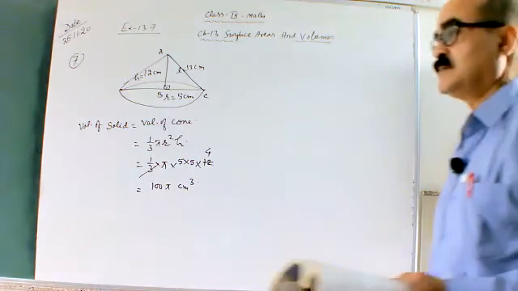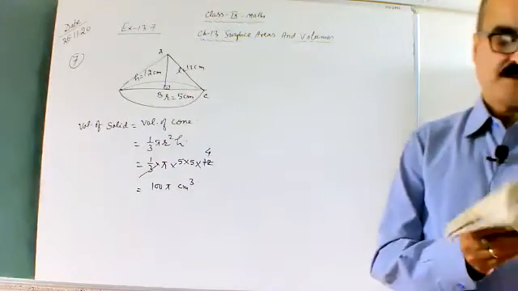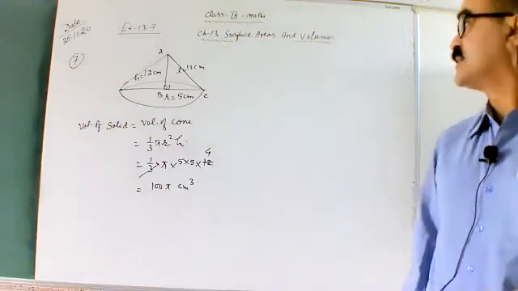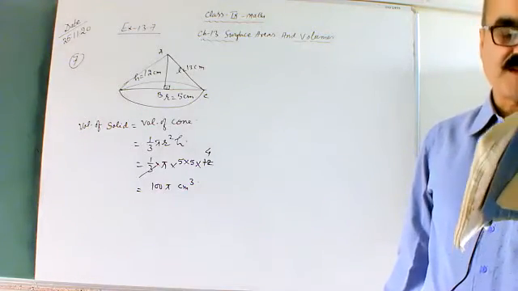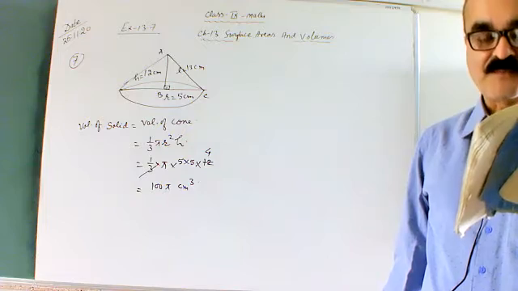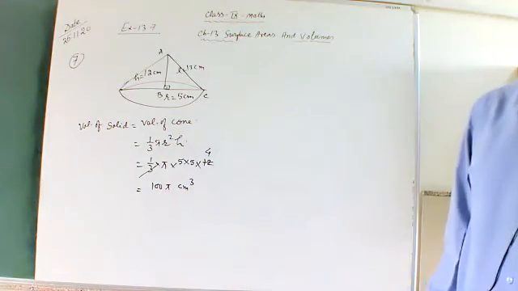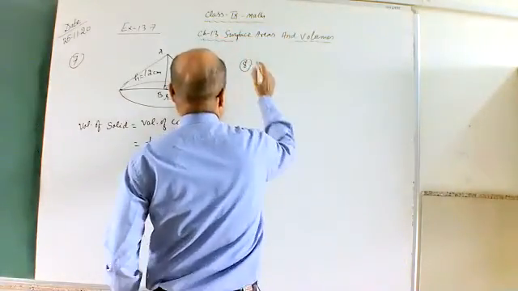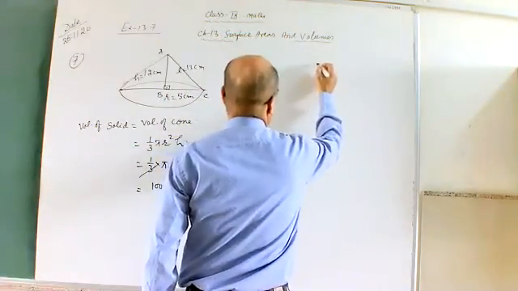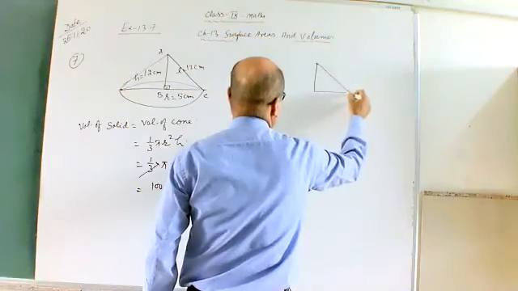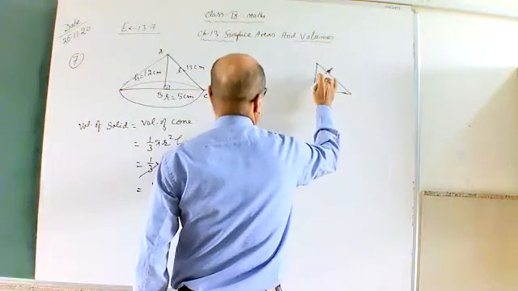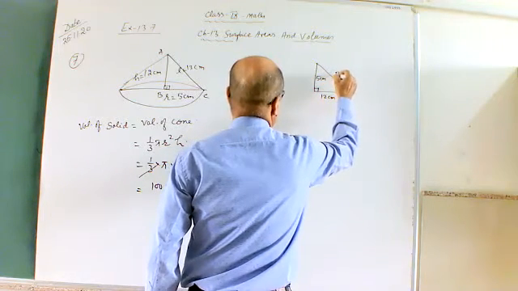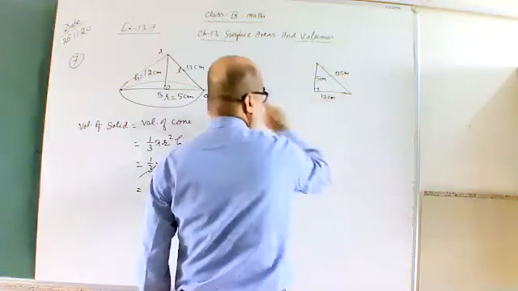Now, the next question is Question number 8. Question number 8 is also the same. If the triangle ABC in question number 7, इसी क्वेश्चन में जो क्वेश्चन नंबर 7 में हमने solve किए हैं उसमें is revolved about the side 5 centimeter. अब इसको 5 सेंटीमीटर से रोटेट करना है. In question number 8, the figure will be seen, right? अब आपका जो ये साइड आ रहा है, this side is 5 centimeter, and this is 12 centimeter, and this is 13 centimeter. And अब इसको 5 के राउंड में घुमा रहे हैं.